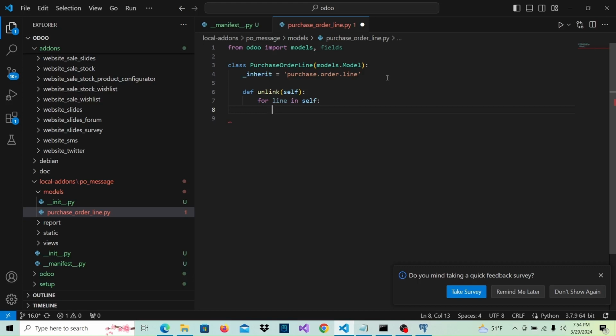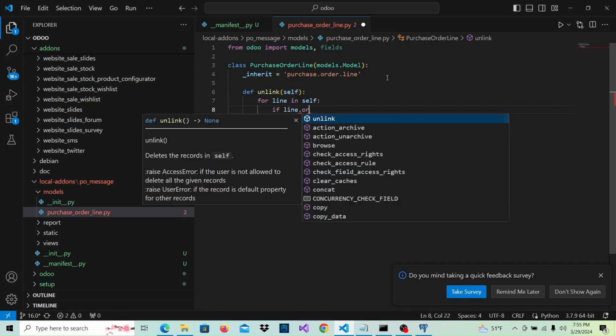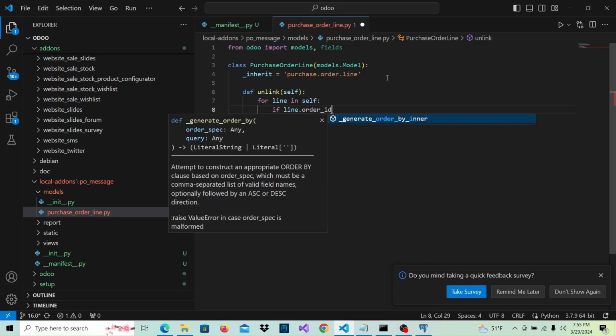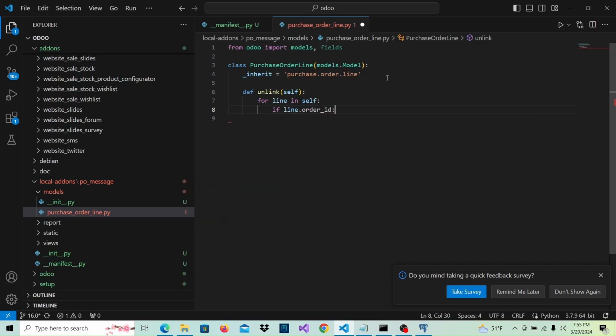And the purchase order line model has a field called order underscore ID that has the value of a purchase order. So if the purchase order line references a purchase order,